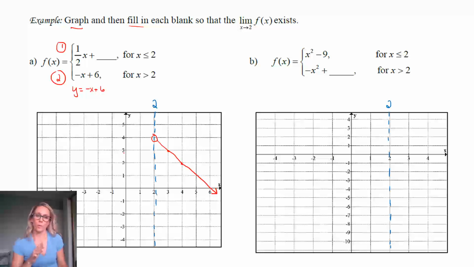So what we want is the other piece, which you can see is also a line, just missing essentially its y-intercept, its constant. We want that to meet up with this line, because then we have a limit that exists, and we're approaching that value from both sides. So we need the point, as you can see, 2, 4 to be part of that graph.